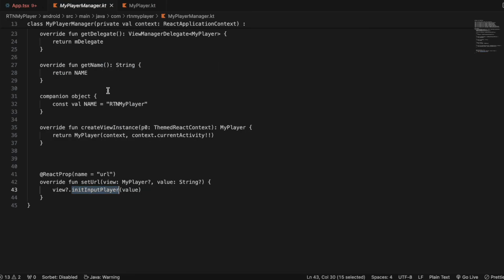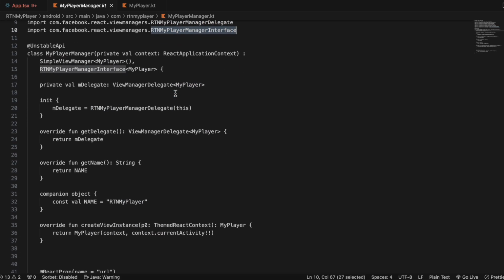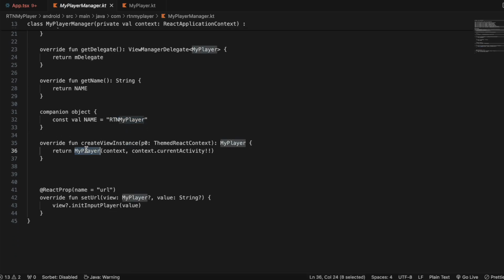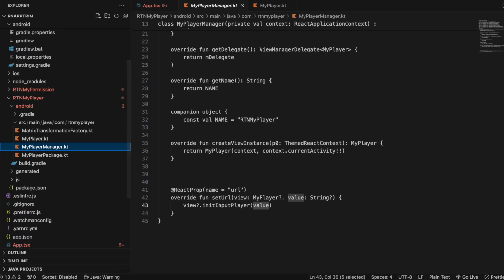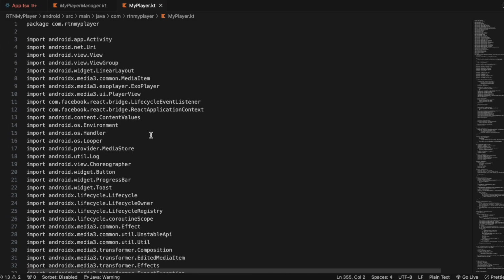So I have created that particular file as well, again copy pasted it from docs. Then here we are just changing this particular name, so only these names are changed, everything else in the imports as well, rest everything remains the same. This name has been changed, and here we are initializing our myplayer file, which I will show you shortly. And once we get a URL, then we call the init input player which is present inside myplayer and pass that URL value. Then coming back to myplayer.kt, here you can see that firstly, these are all the imports,